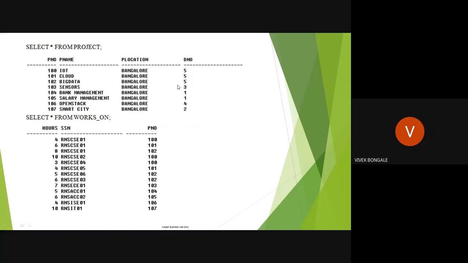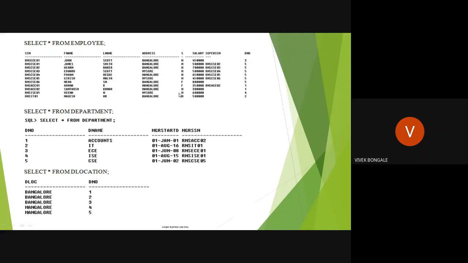So it is 3, right? So the condition for 3 is true. We start with the employee. Comparison between these two, right? So 3 is what? RNS ECE01. It is ECE01, right? And the condition last name is what? Scott. Yes, it is true. Here, all 3 conditions are satisfied. One is department number, it is true.